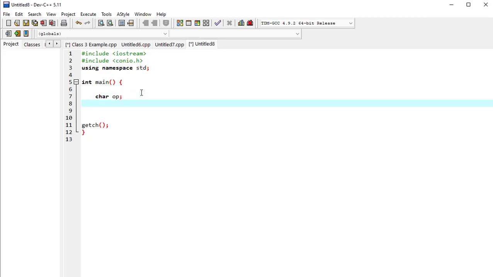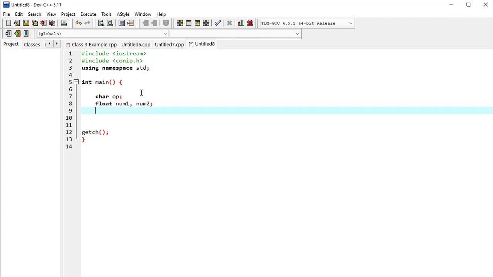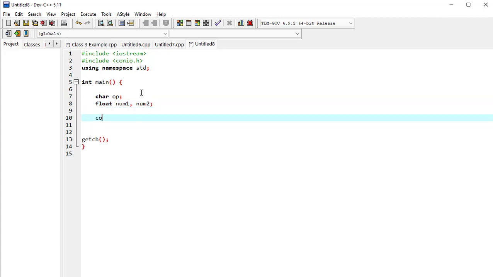Okay, then float number 1 and number 2, right? And then we have to print a message,